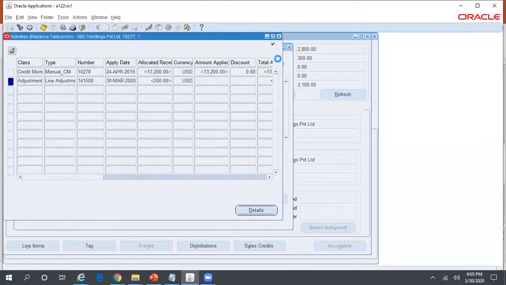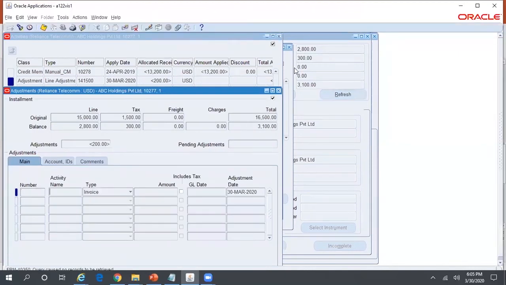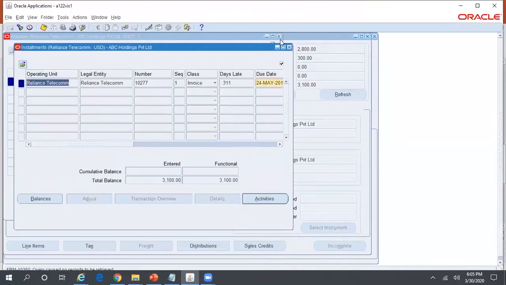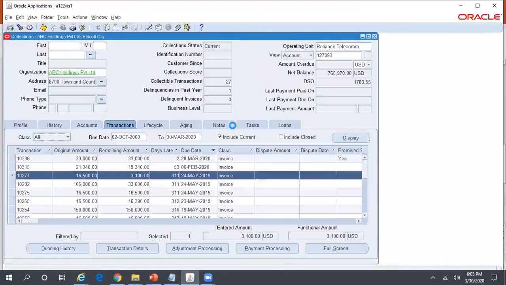Even you can create an adjustment here, and that should get automatically reflected in your collections workbench. I'm not getting to that scenario now. So that's how you create your adjustment, and if there are required approval limits, automatically your adjustment should be approved, and you should be able to see the updated remaining balance here.